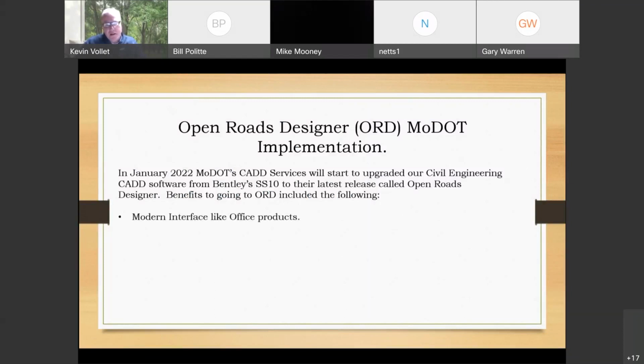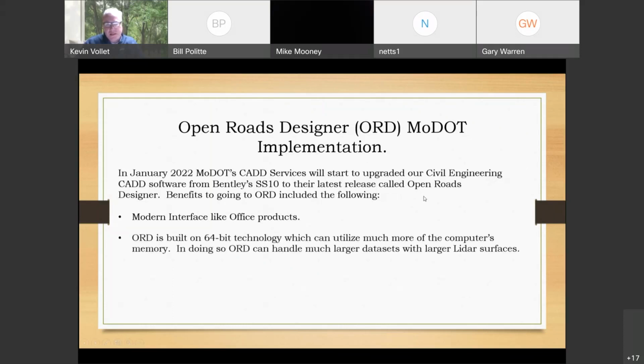It brings a modern interface like the Office products, so you'll be familiar with that kind of ribbon and pull-down. ORD is built on 64-bit technology, which can utilize much more of the computer's memory, and in doing so, ORD can handle much larger data sets, especially with the LiDAR surfaces.